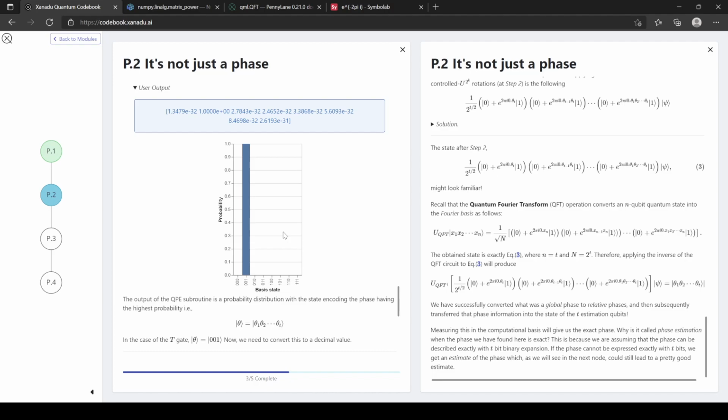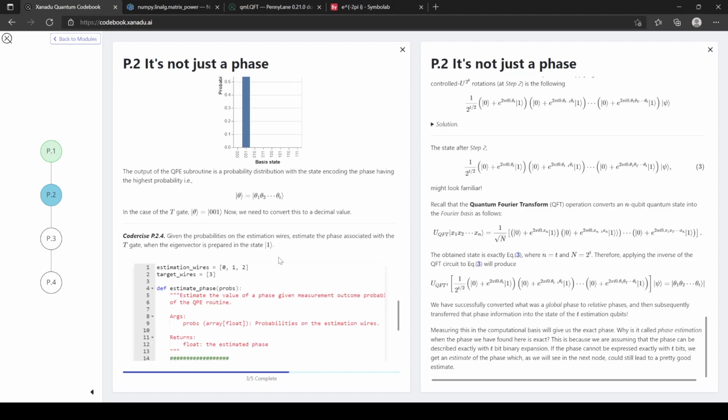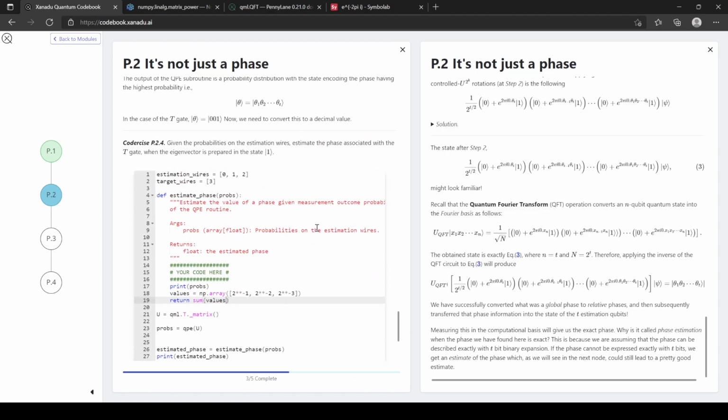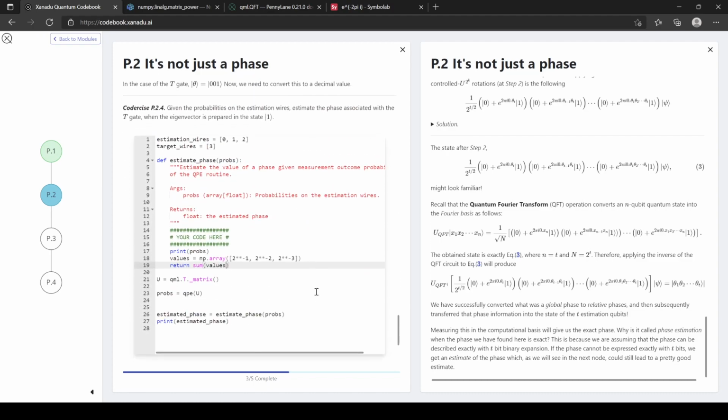Let's see. Yeah, what we actually want to see is increment was 2 to the third. 8. We want to increase